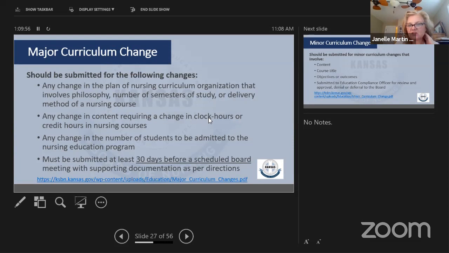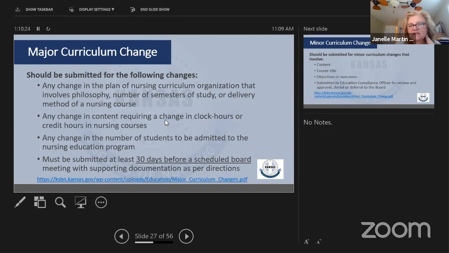But if it does change the clock hours, the only place this doesn't apply is for the PN programs that are using the core curriculum. The board has made a statement that if you change clock hours or credit hours for a course that are within the flex hour portions of that core curriculum, that is just a minor change.